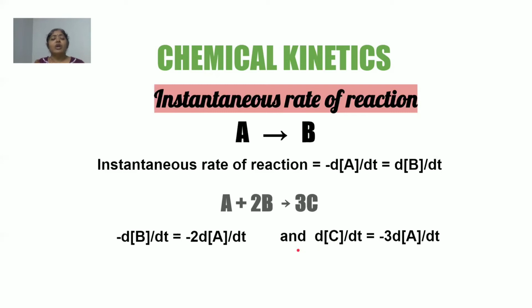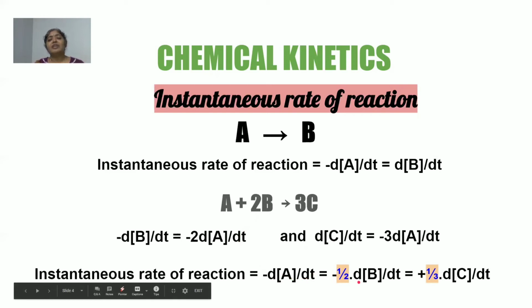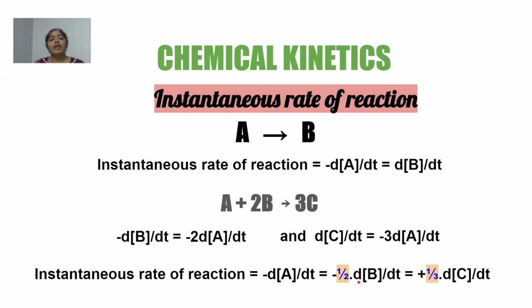All right. So now, if I were to write the rate of this reaction, then I have to have some uniformity. And for that, we can write it in this manner, that the rate of the reaction can be written in terms of A as simply minus dA by dt. But if I want to express the rate of the reaction in terms of B, I cannot just say dB by dt, because dA by dt and dB by dt are not equal to each other.